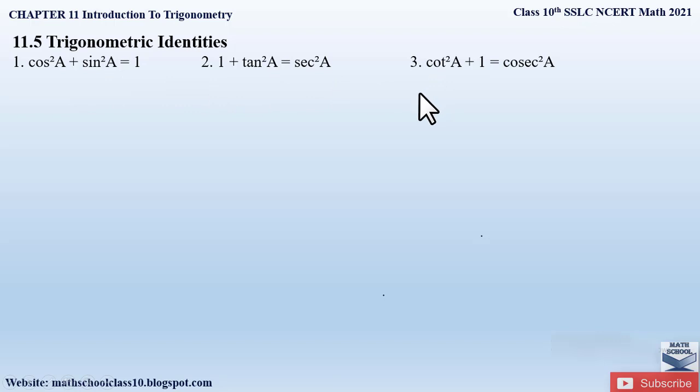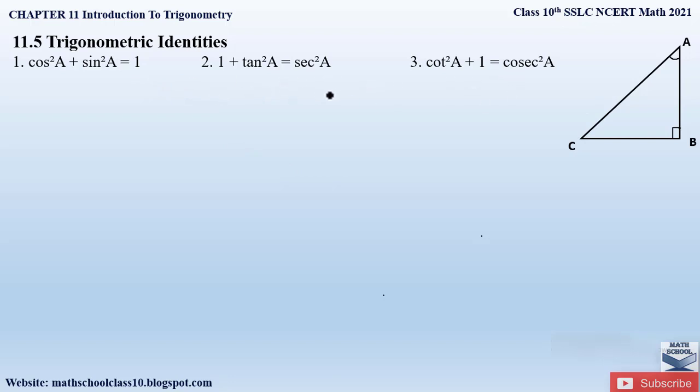So for that we have to consider a right angle triangle ABC which is right angled at B, and we have two acute angles A and C. But since here in the identities we have the angle as A, we are considering our angle A as our acute angle. Always it is better to take our acute angle at the base, but since in our textbook our acute angle is not in the base, according to the textbook I am going to explain here, we are going to take our acute angle A as here. Okay, so how do we prove these trigonometric identities?